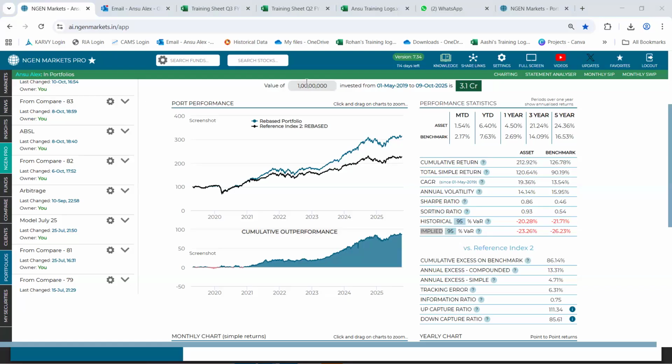Yes. Hi. So, what you mean is there is a 5% probability that considering historical volatility as a parameter, the portfolio can go down up to negative returns of 23.26 and the benchmark up to 26.23. Yes, basis what we consider right here, volatility. That is correct. Okay, thank you. No problem.